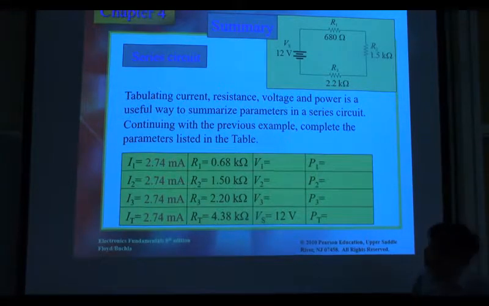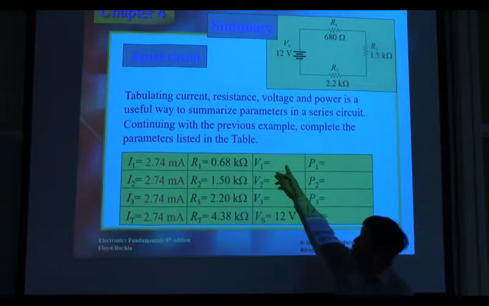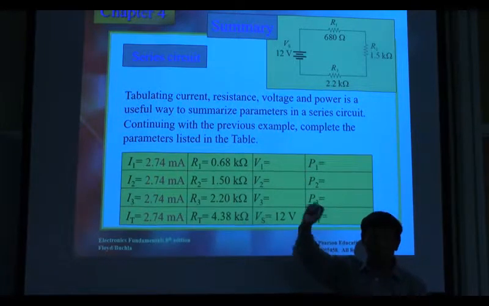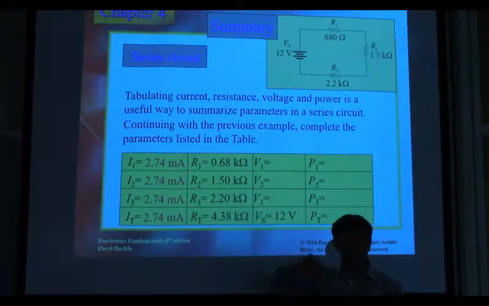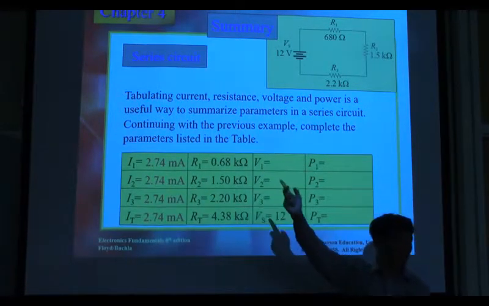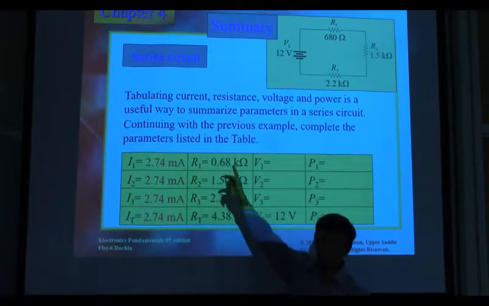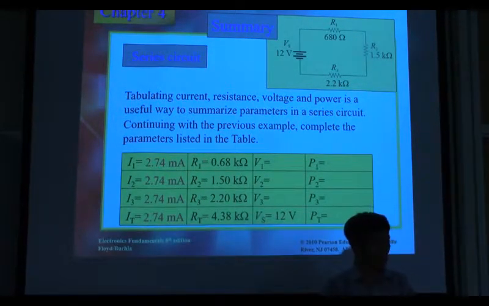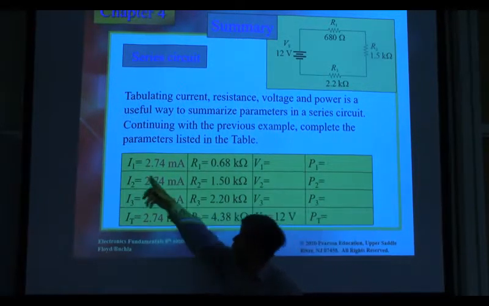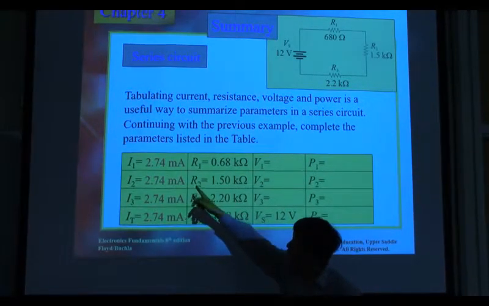Next one. What do we do next? We can do anything else, right? Alright. So for example, we do V1. I will ask somebody to tell me how to calculate the V1 here, from the information we already know on the left. Anyone? You want to try? We calculate this one. So the voltage equals the current times the resistance. But you need to make sure corresponding current, corresponding resistance. For 1, you need to use the current 1 times the resistance 1. So 2.74 times